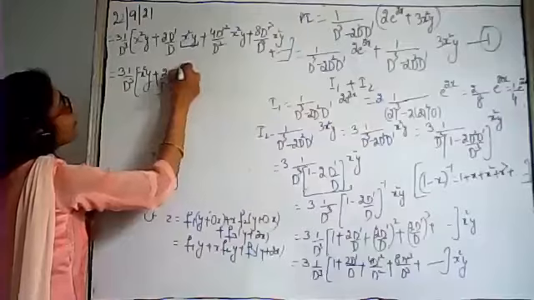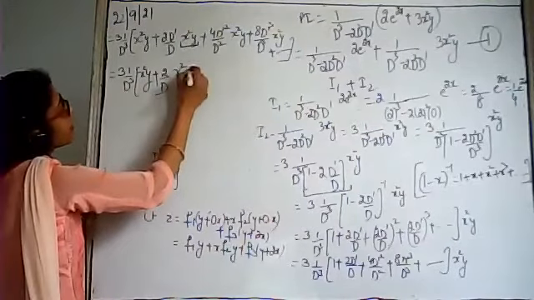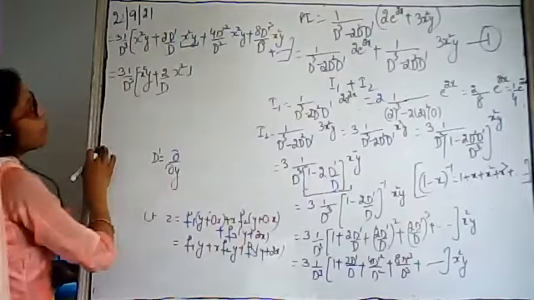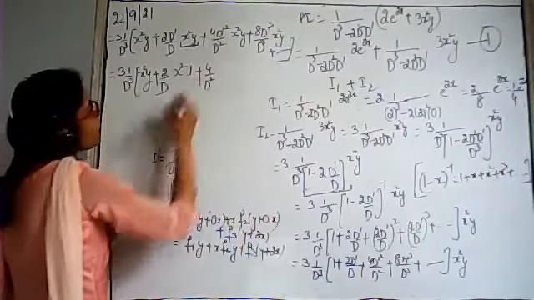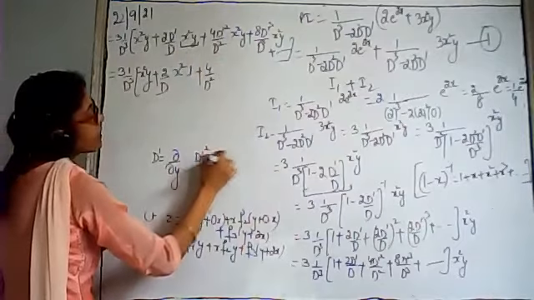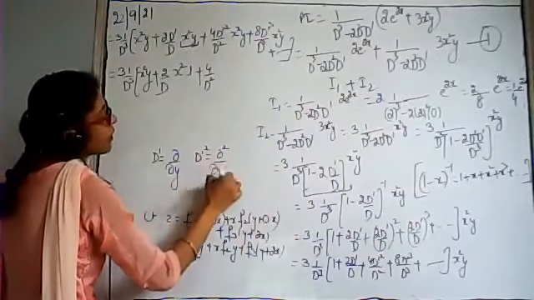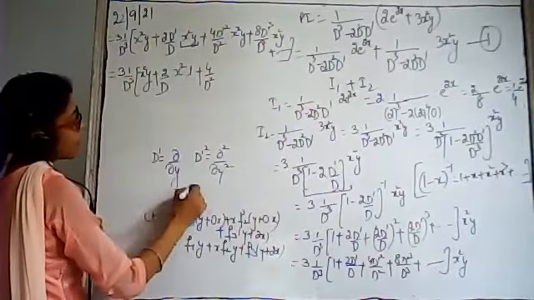So if we are to differentiate this term with respect to y, in that case x square is constant. It will remain as it is, and differentiation of y will be 1 plus 4 upon d square will remain as it is. Again we have d dash square, and d dash square means curly square upon curly y square. अब curly square by curly y square किसका है? x square y का.